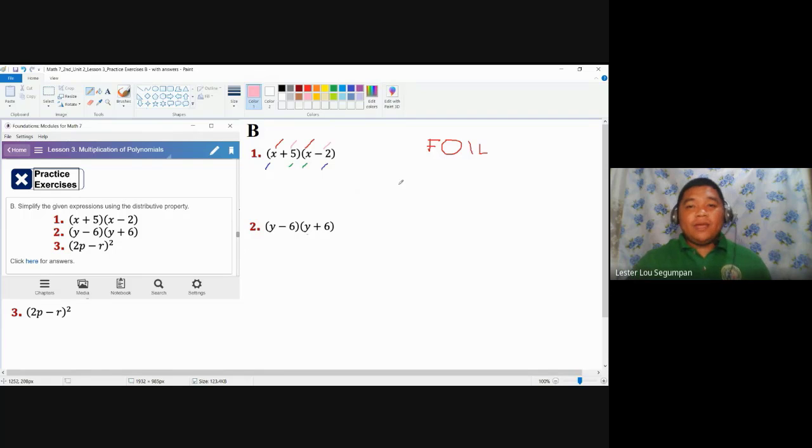But I need to make FOIL better, just for a better reference. It's not necessarily just FOIL, but it is actually F plus O plus I plus L. Meaning, after the product of the first, we need to add it to the product of the outer, then add to the product of the inner terms, and add to the product of the last terms. We are using addition here as a separator, just like what we did in the previous video.